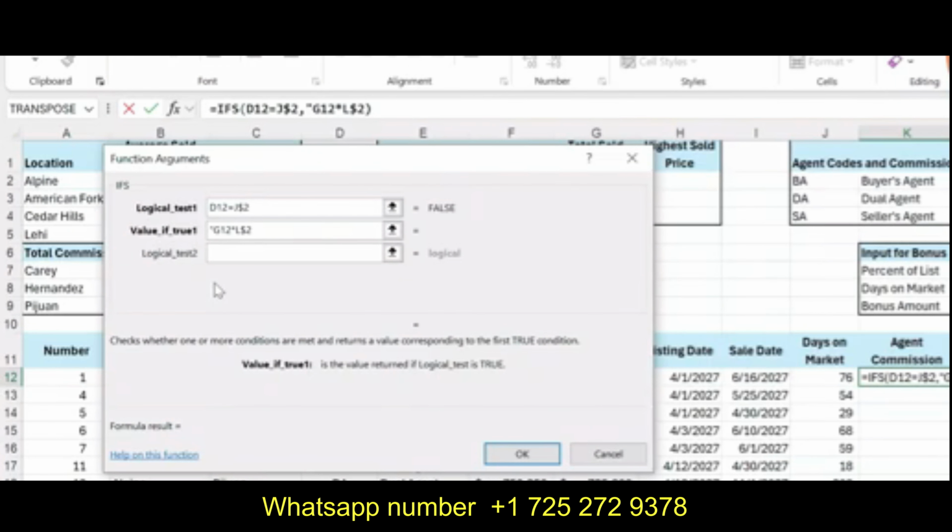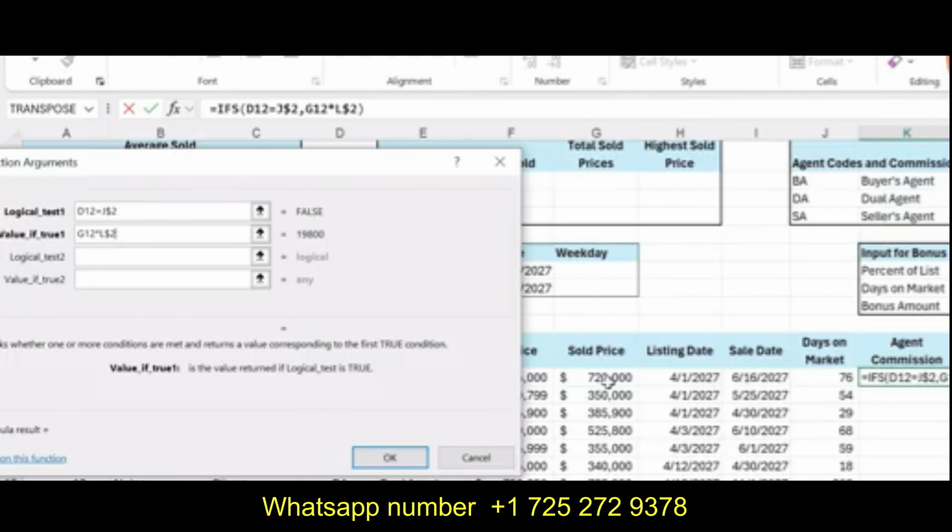So our first logical test, we are checking either the agent code that is given in cell D12 is equal to J2 here. Okay, if this is equal to J2, then our agent commission will be G12, that is the sold price, multiplied by the L2.